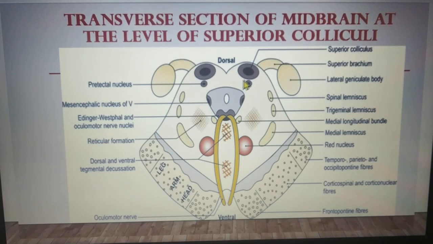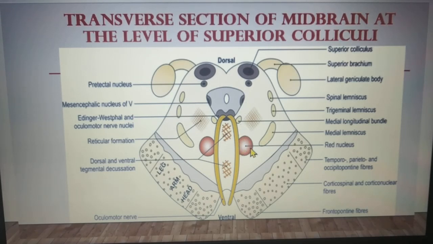The next grey matter nucleus will be the pretectal nucleus. Pretectum. This region altogether is the tectal region. It is just before, so pretectal nucleus. It receives the afferent from the lateral root of the optic nerve, and it gives efferent to the Edinger-Westphal nucleus of both the sides, and it is concerned with the pupillary reflex pathway.